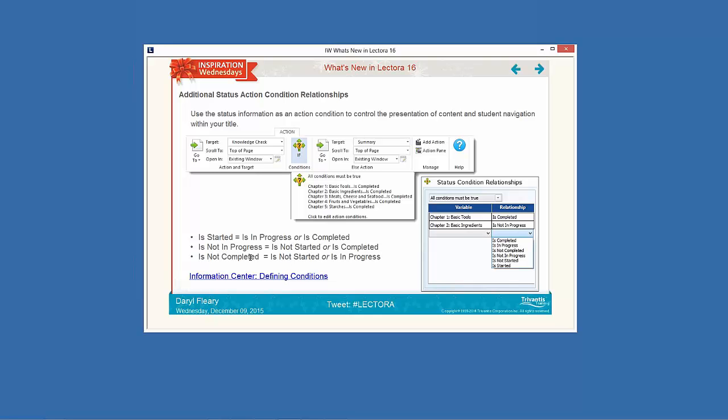Is not in progress, meaning they either haven't started it or they've already done it, but it's not currently in progress. Or is not completed, meaning they haven't started it or it's still in progress, they haven't gotten to the completed. So now you can use these things, and of course that makes it a lot easier to do things in